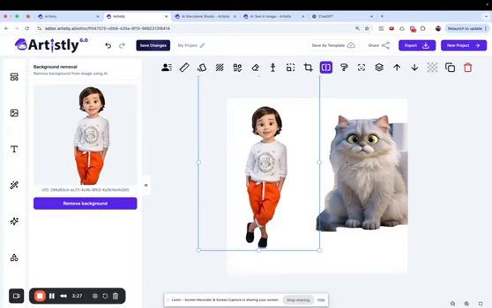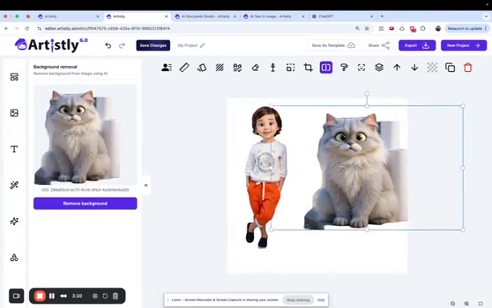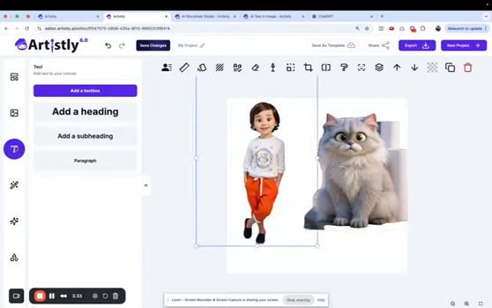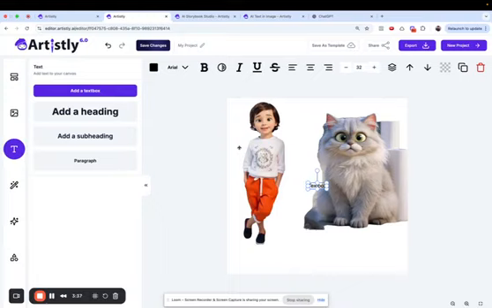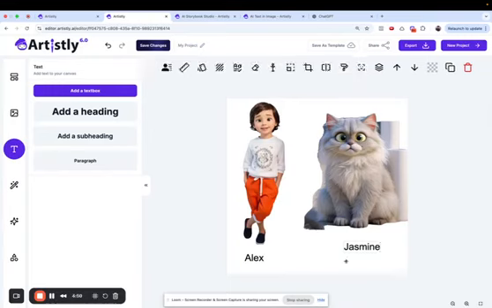So you're going to have him here, you're going to have her here, okay, and then what you're going to do is click on the text option, add a text box. You're going to say, okay, his name is Alex. Cool, awesome, lovely. I'm just going to drag and drop Alex here, increase it a little bit. I'm going to press Command C and Command V to copy that. Come here. I want this as Jasmine, for example, right? Now, boom, that's it. You can name it your character sheet and you can export it as JPEG, okay, JPG,